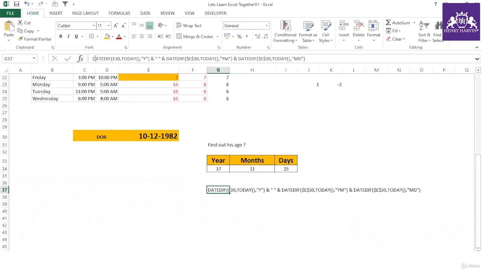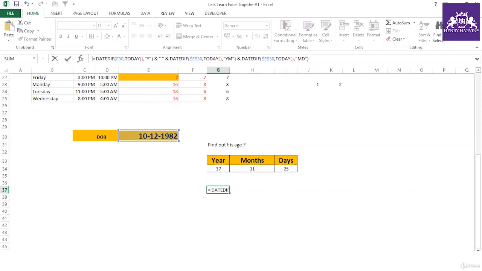So what is happening here? If I write equal to, now understand what this function is giving. This function is giving this result, guys, 37 11 25. All right, now tell me one thing. If I write that, Amit, Amit age is, now see, Amit age is 37. Now I can write years. All right, and I can write months, months. Now I can write,